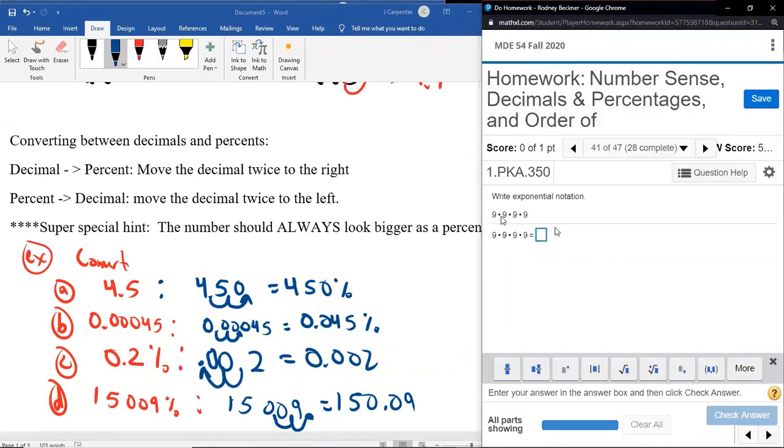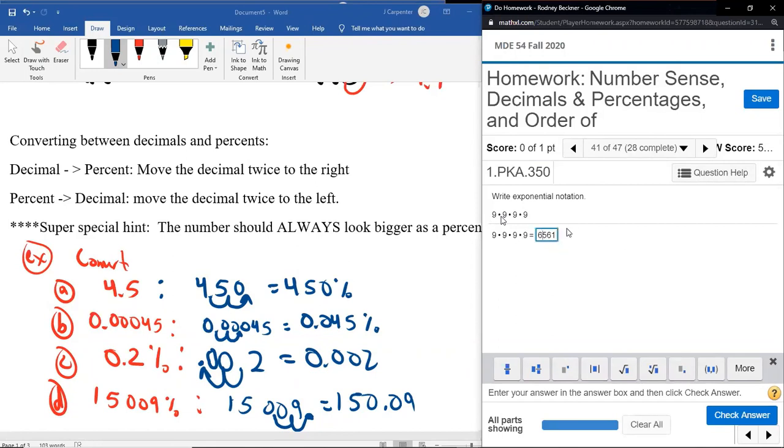All right, write in exponential notation. Well, let's see, 9 times 9 is going to be 81. Then 81 times 9 is going to be 729. And then 729 times 9, 1 carries 61. 6,561. I think that's right. Put the comma in there if I wanted, but I'm going to leave it alone.